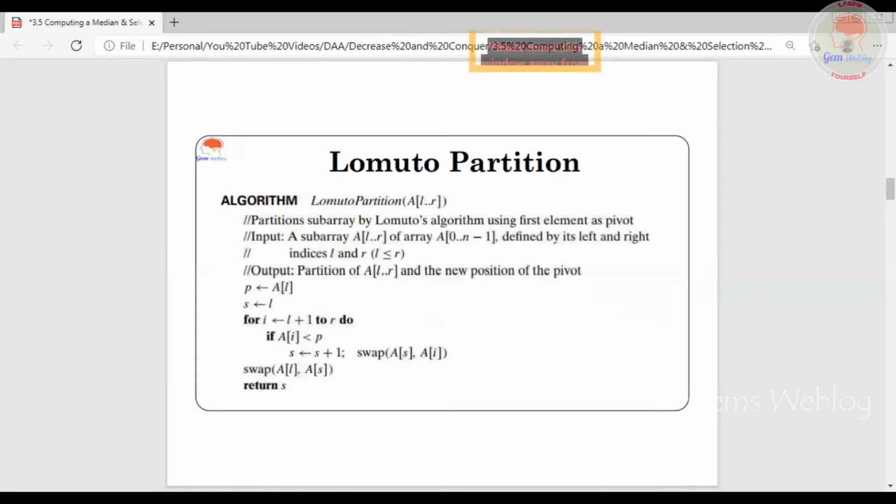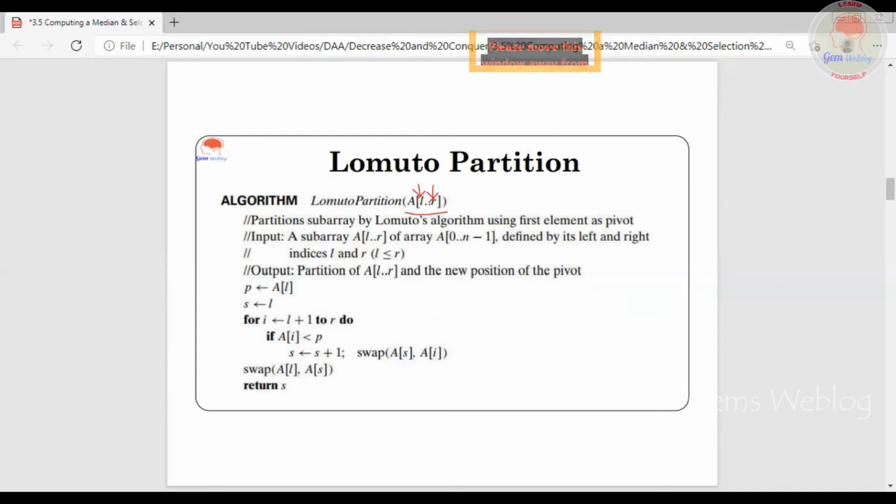Now we'll discuss the pseudocode of Lomuto partition. Whatever array we pass in, the first element is represented as L and the last element as R. Once you finish partitioning, you return the partition index.